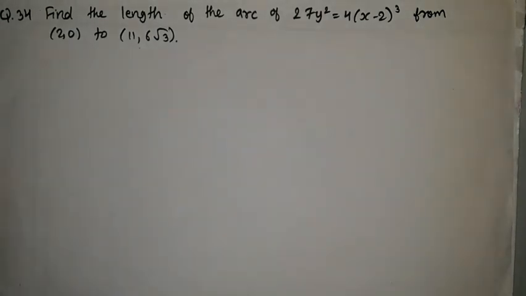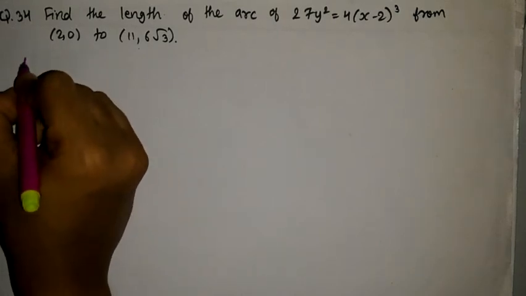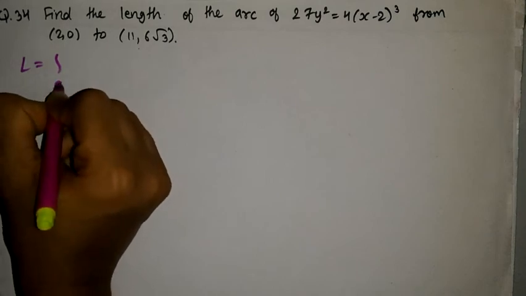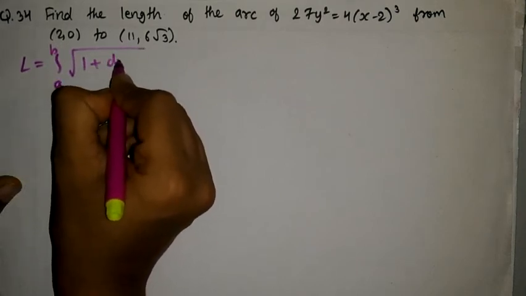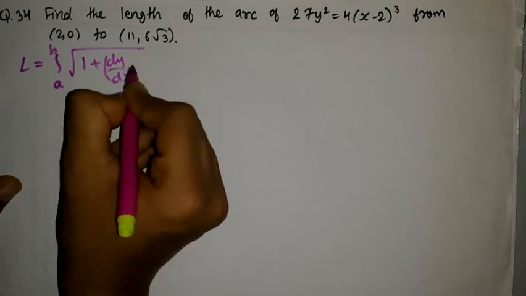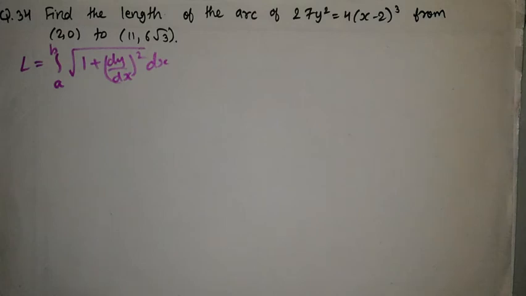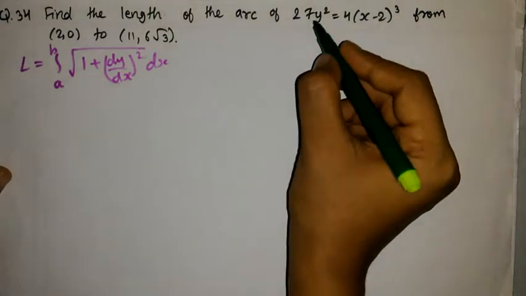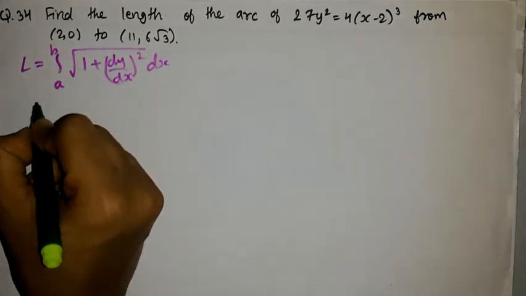So these are the points. The formula of arc length L is equal to the integration from a to b of the square root of 1 plus (dy upon dx) whole squared, into dx. This is the formula to find arc length. So let's convert the curve in the form of x. So y will be